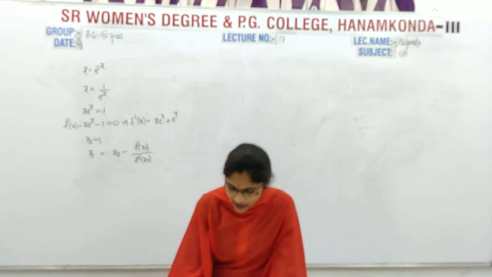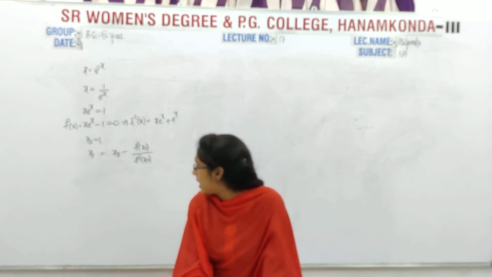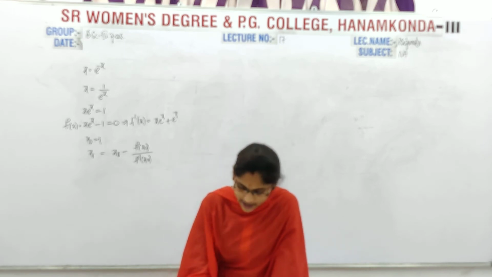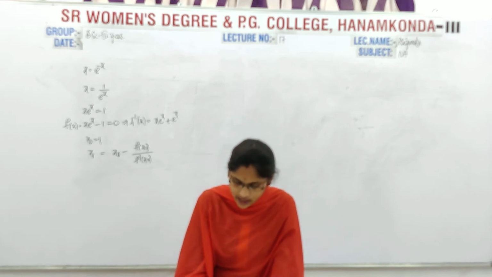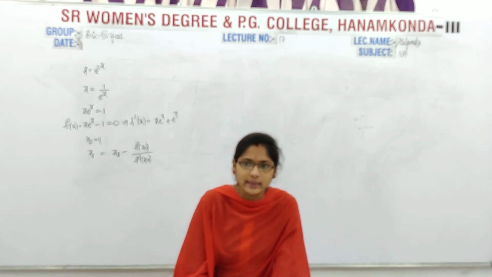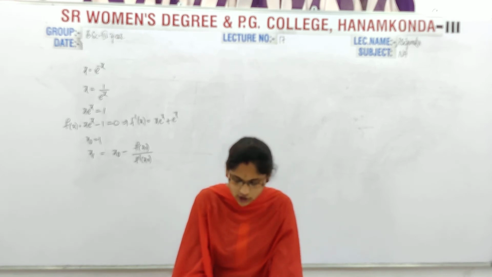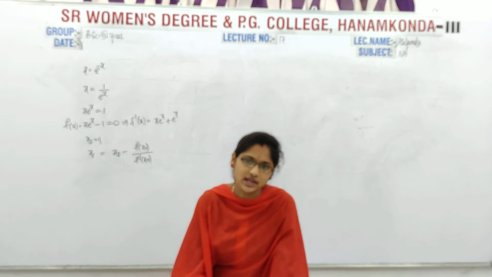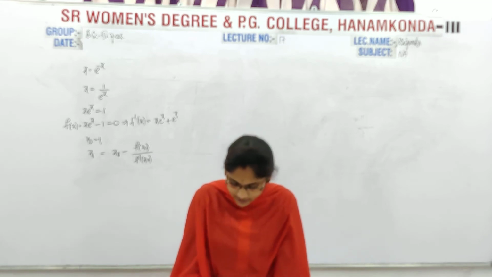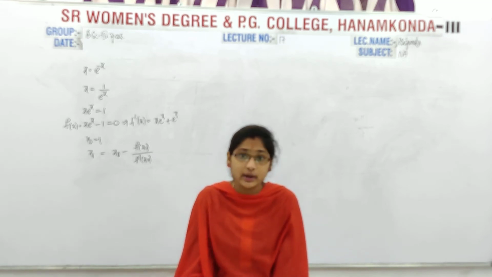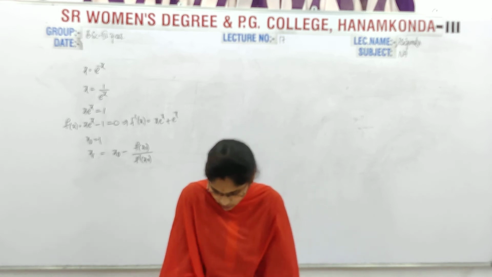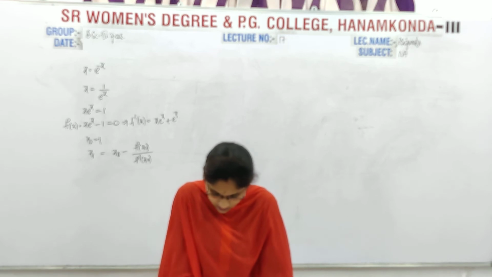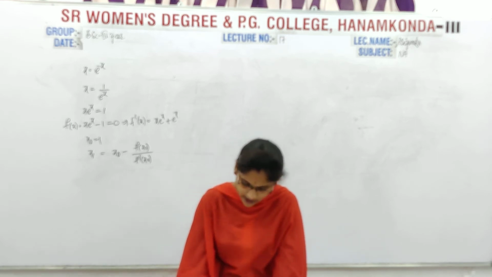Of course you will get x1, and next x2, x3, and the final answer is 0.567143. You will get in the third or fourth iteration the x4 value is 0.567143, and the previous value is 0.567297. So it is a very near value, so you can stop the procedure. Okay. Next, write down.